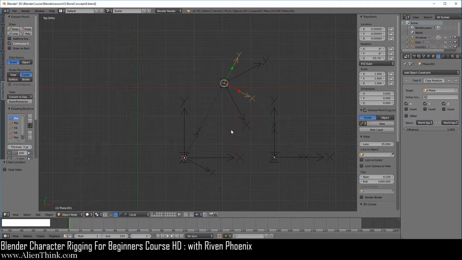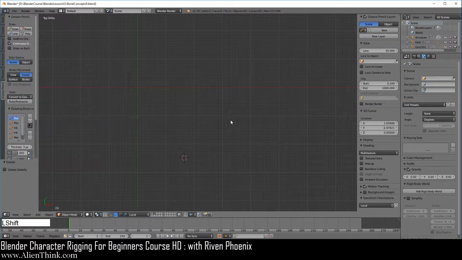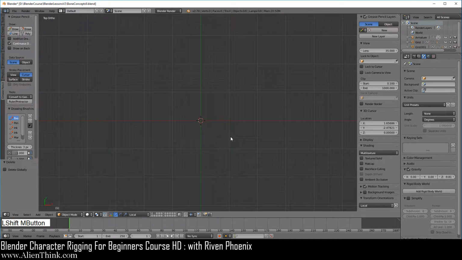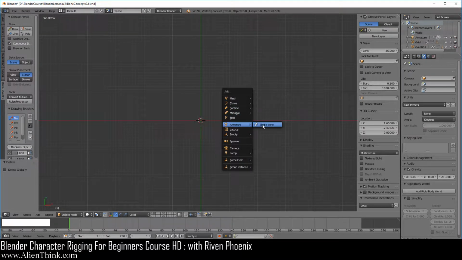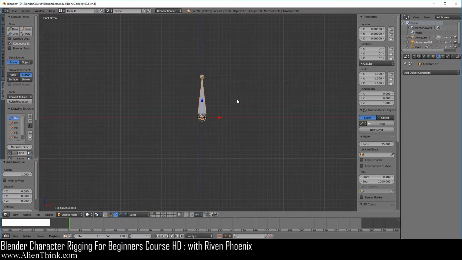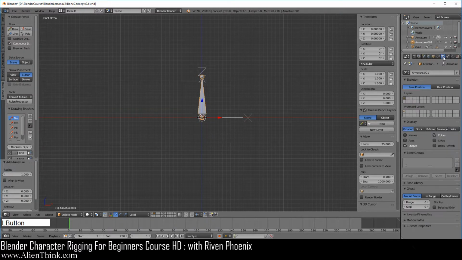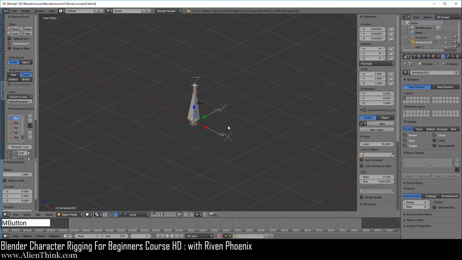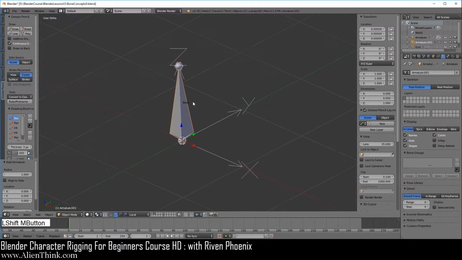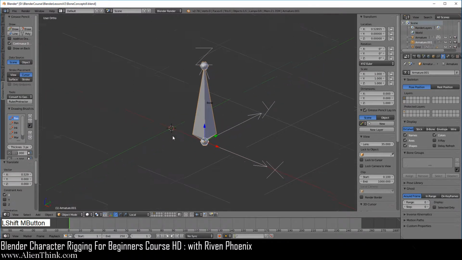So what I want you to do is now press the A key to select everything, do X and delete. Do Shift C to place the 3D cursor in the center, do Shift A and add an armature with a single bone. First, I have to show you something really important. So press the 1 key to go to your front view. Now go ahead and go to the Object tab, enable the axis, go to the Data tab and enable the axis and names on the bone. Now, we're actually not going to save this file, we'll just reload it, but I just want to show you that, go ahead and click on this red arrow and just move it away from its origin point.